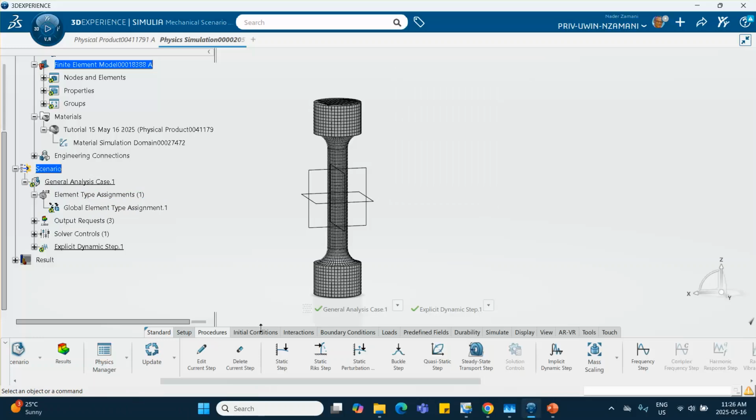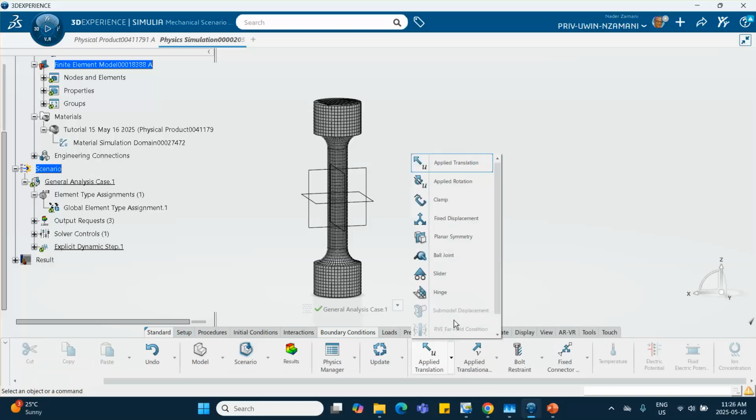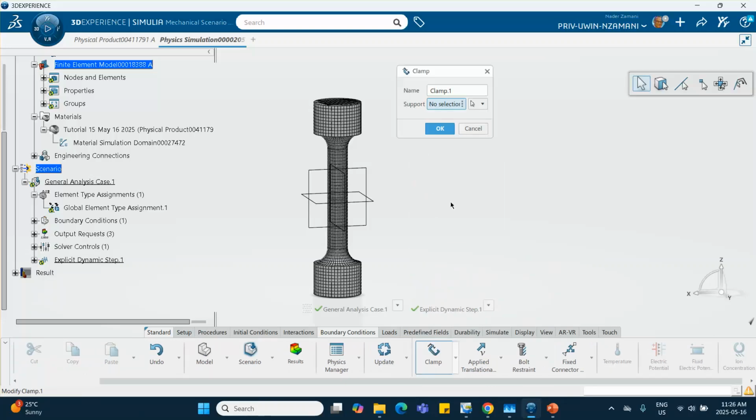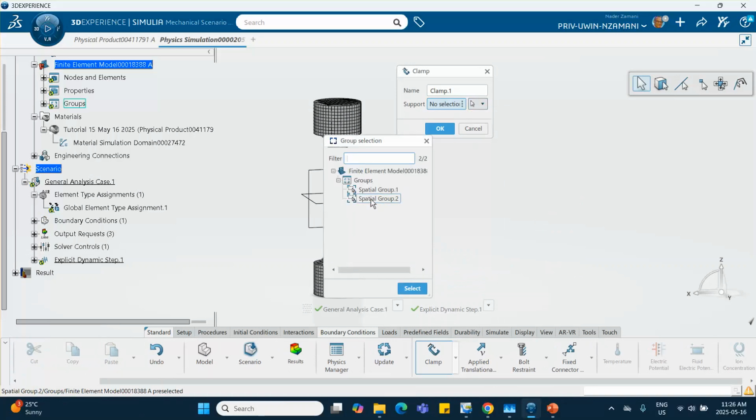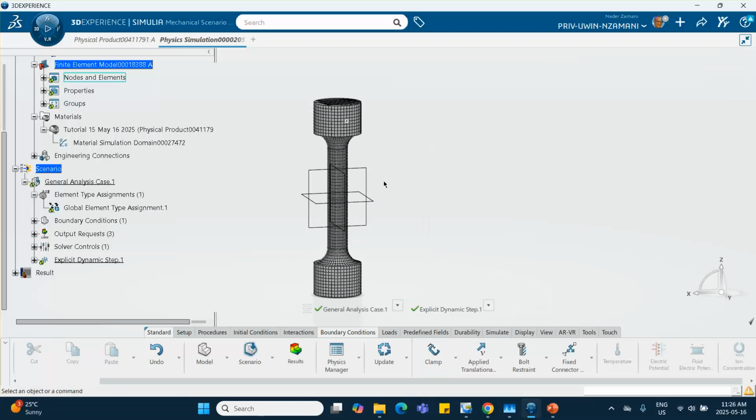Excellent. Now we're going to apply the boundary condition. So we go to boundary condition. First of all, we clamp the bottom piece. So there is a clamp. We can do it by group, and that's going to be group number 2, the bottom piece. And then we apply a